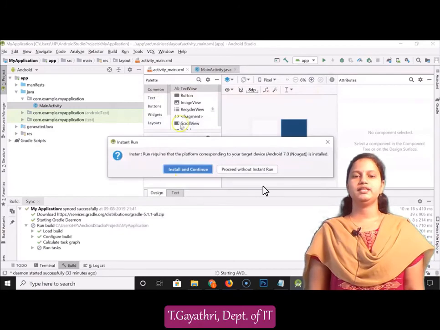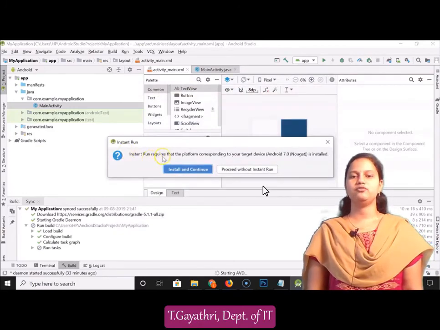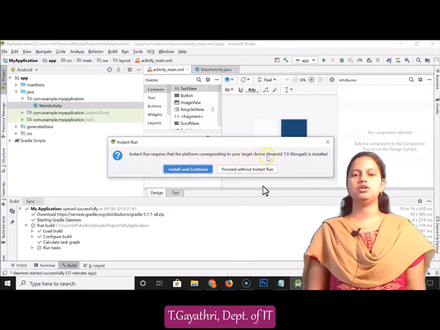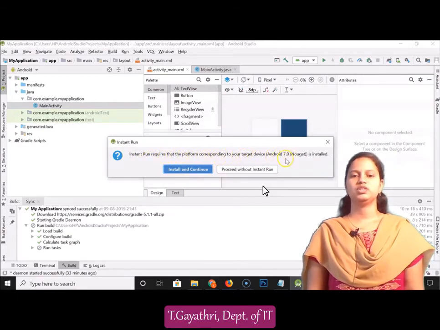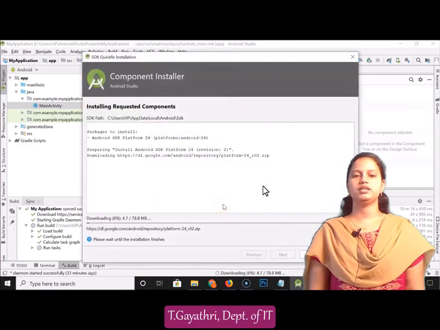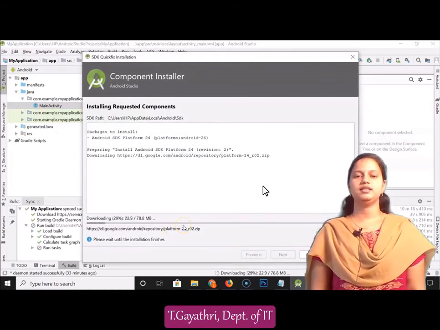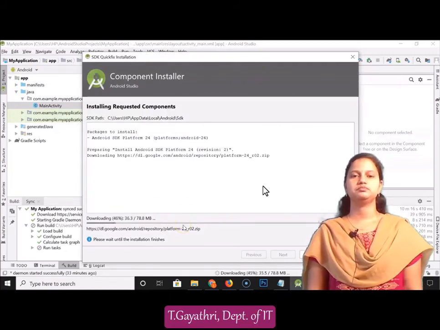So install and continue. Instant Run requires the platform corresponding to your target device to be installed. So install and continue, or proceed with Instant Run. So two options are available. We are selecting install and continue, and downloading. Please wait until the installation finishes.